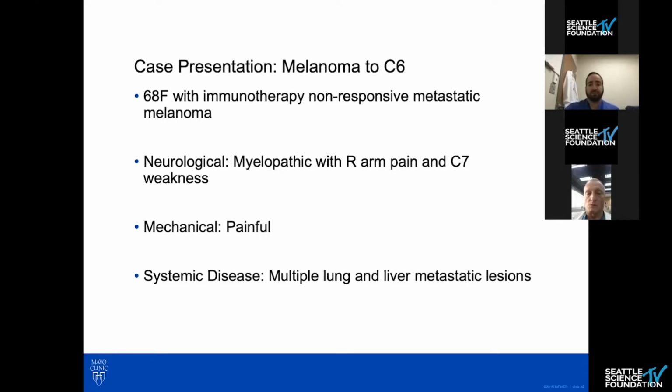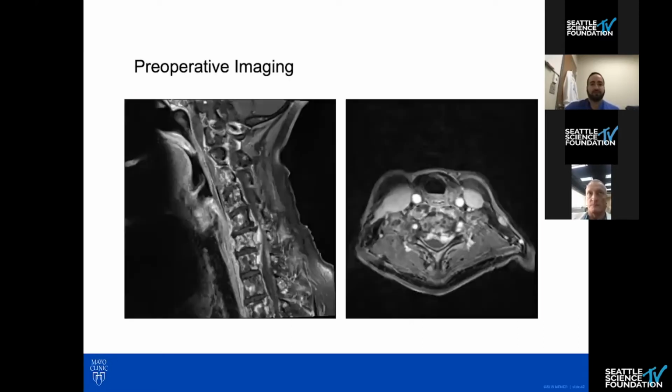She had multiple other lesions elsewhere, but the consideration was for decompression of her spinal cord with the hope that it would improve her overall, at least local control, and maybe increase her KPS to be able to allow her to function better and hopefully undergo more of the multimodal treatment. This is her imaging. It's a little bit off to the side over here. You can see